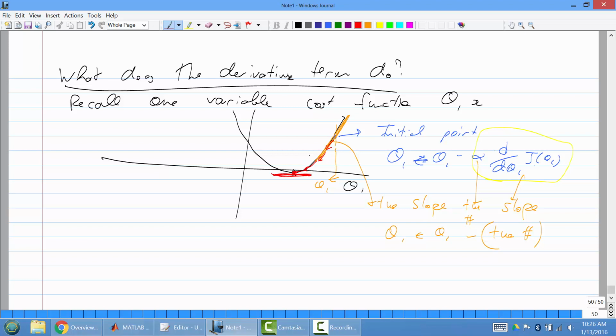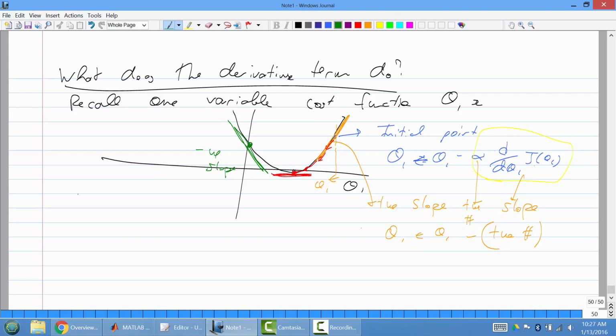So you're given an initial point, and then that negative derivative makes you move in the direction of where the minimum is. And then you keep iterating until you get to the minimum. And it doesn't matter where you start, because I started here. Let's say I started on this side. Let's say I started over here, okay? You know that here is a negative slope,